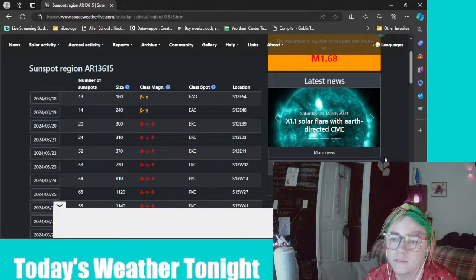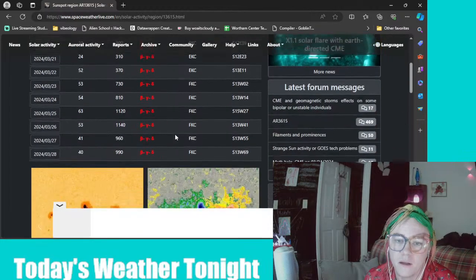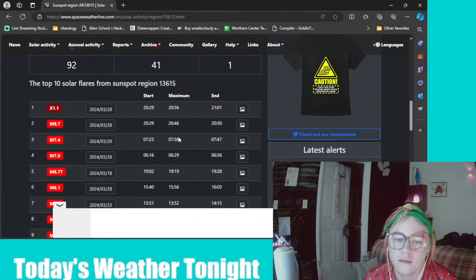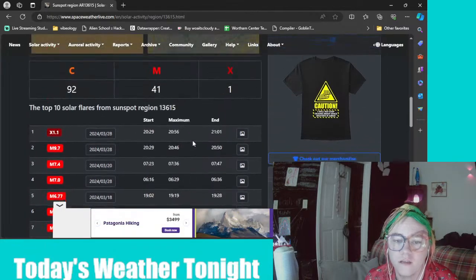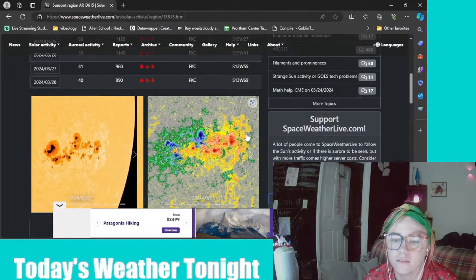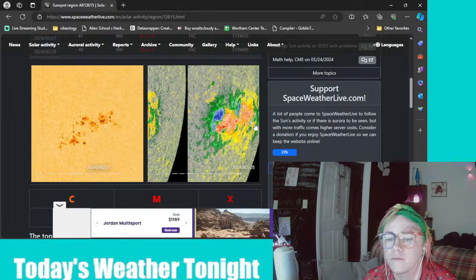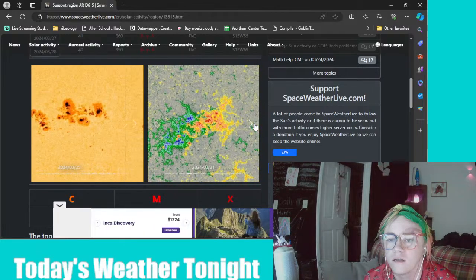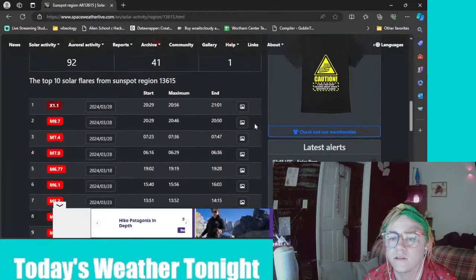That's this one, X1.1 with solar flare with Earth-directed CME. But, yeah, we're looking at the top solar flares from region 3615. This has been its first X-class flare that it's produced. So, really looking gnarly over there as it's passed through the Earth-facing disk. It's just developed into quite the...